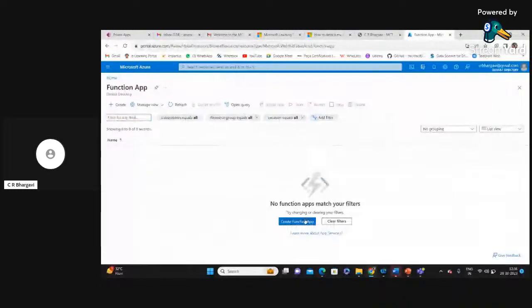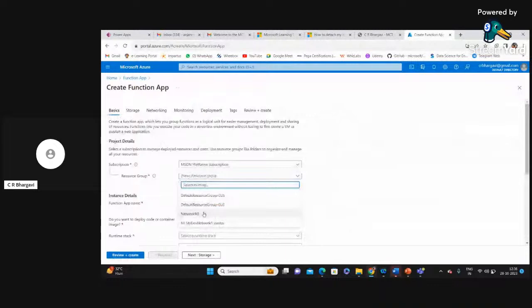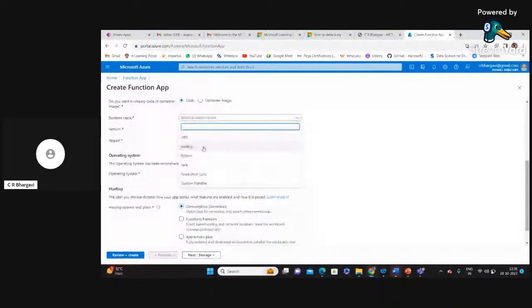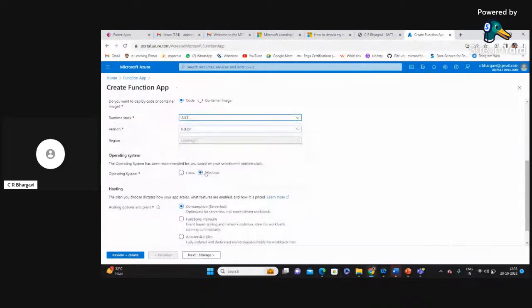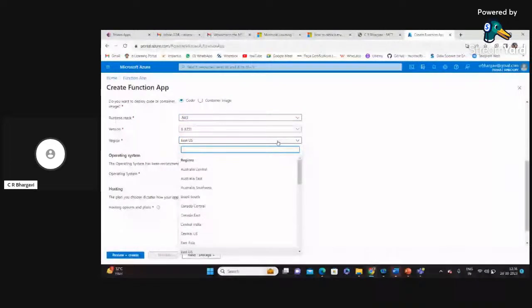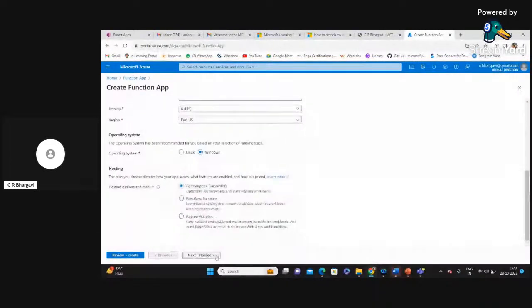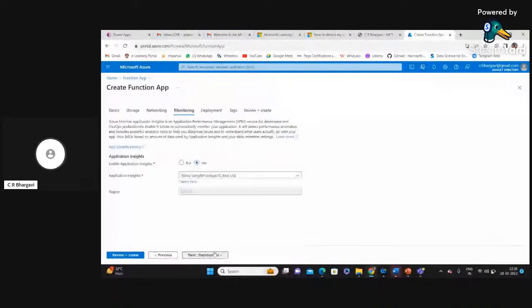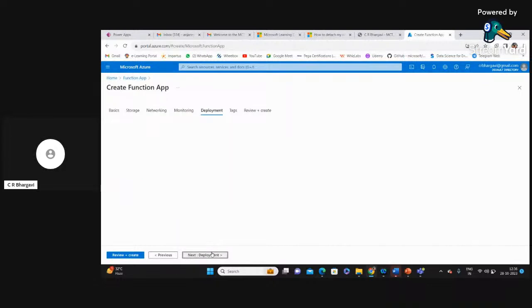Just a second. You should ensure that all these things are enabled inside